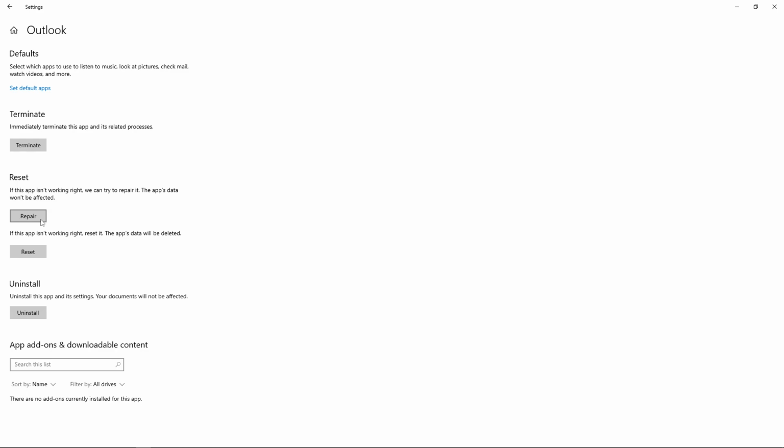Once the repair is finished, you should notice that Outlook runs much more smoothly without the frustrating freezes or hangs that were slowing you down. By using this built-in repair tool, you've addressed the core issues affecting Outlook's performance without needing to reinstall the entire